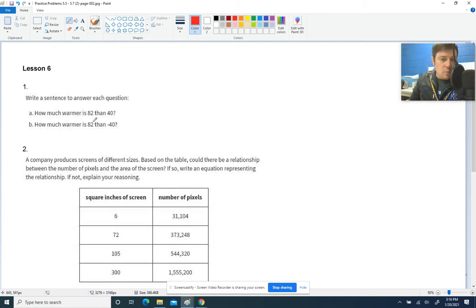I'm setting this up here to start writing these sentences to answer the questions. So how much warmer is 82 than 40? All right, so you're comparing 82 to 40. This is what we did in class today. If you want to know how much warmer something is than the other thing, then you just find their difference. So to get this answer, you would simply do 82 minus 40, which is easily 42. But to write the answer into a sentence, you would say that 82 is 42 degrees warmer